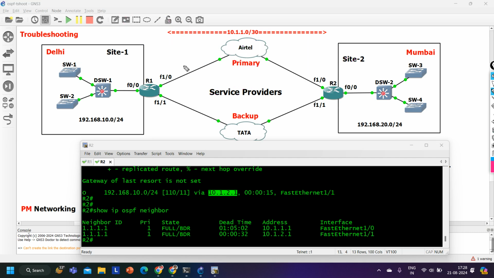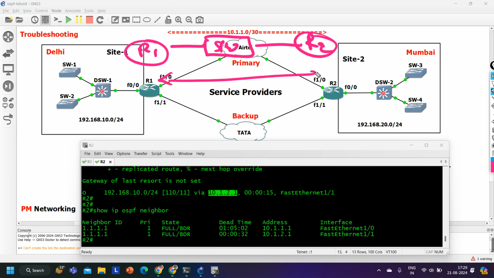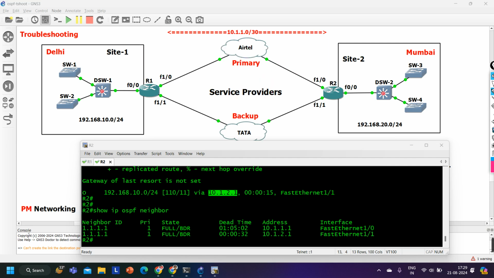To perform this lab, what you can do, you can connect router 1 here, you can connect one switch here and router 2 here. Router 1, router 2 and one switch here, right? Now you can enable OSPF between router 1 and router 2. You will see if this link goes down, router 2 will not break OSPF neighborship immediately. It will break OSPF neighborship after 40 seconds, right? So this is the reason why we have BFD,